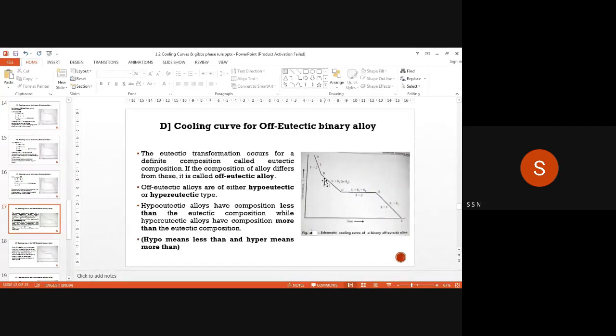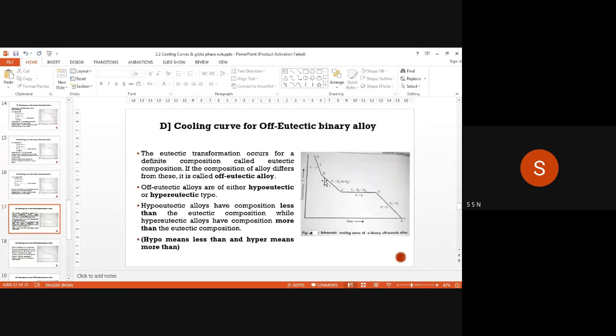Inside the sand, if you place sugar, or you can say salt, you have placed the sugar cubes. So two different solids are there and a homogeneous mixture is also there. So in such cases, just for example, two different solids are available at that lower temperature. So we will consider two different phases, isn't it? And there 1 degree of freedom is there. So this kind of nature of curve you will get for the off-eutectic binary alloy.